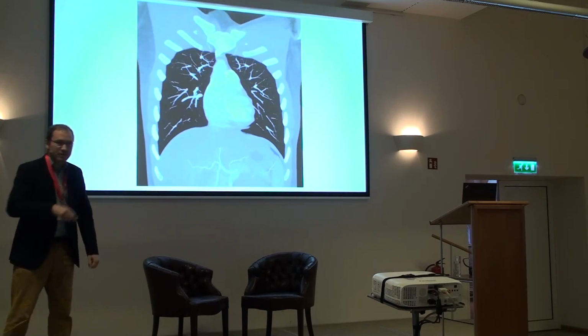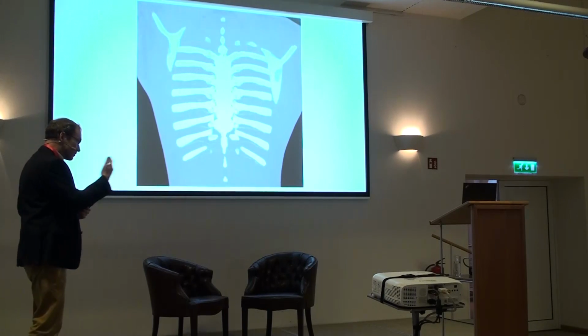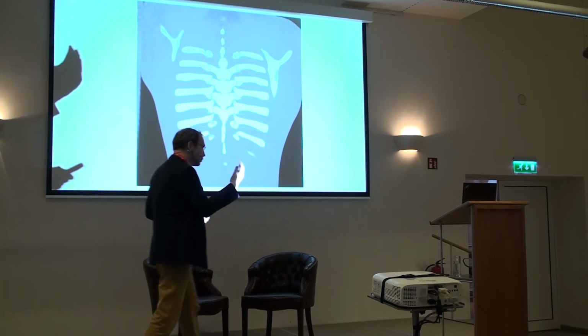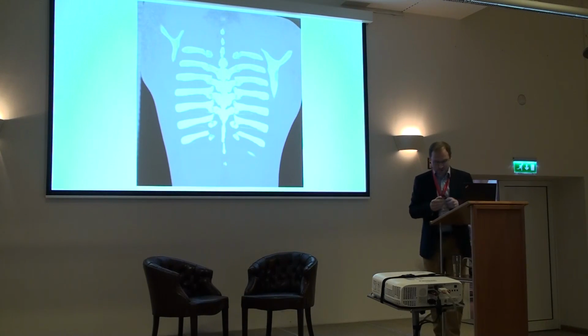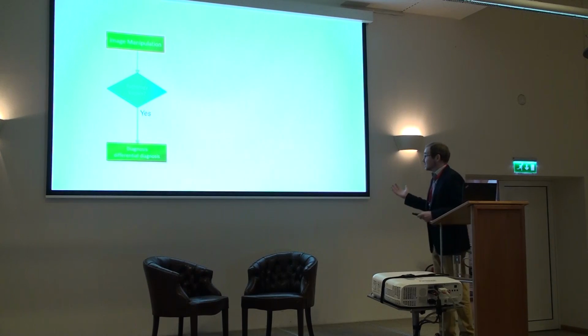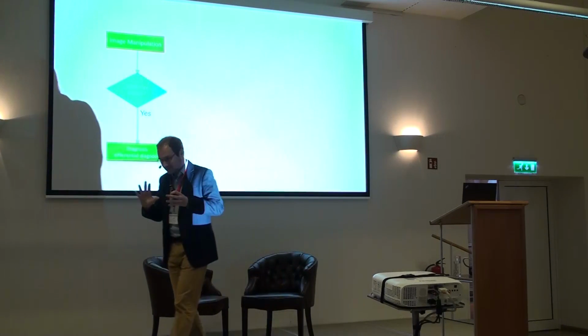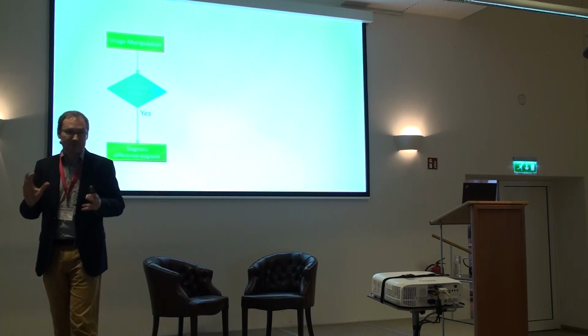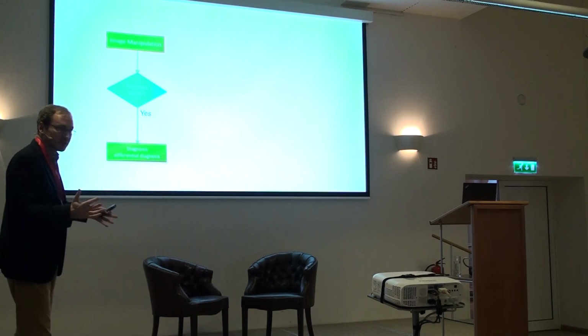So there's a 3D CT image. A radiologist will sit in front of that and scroll backwards and forwards, go through the whole image, and try and find something there that looks strange. In the best case, if the radiologist does identify something that looks strange, he or she will know what it is from experience and can then basically say, okay, I recognize that, and then write a report,